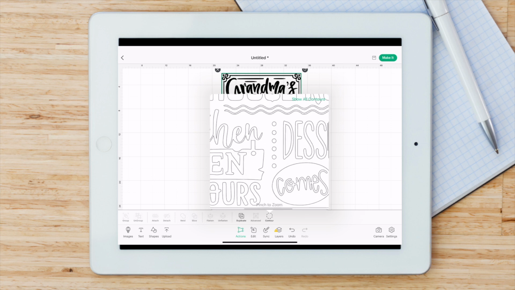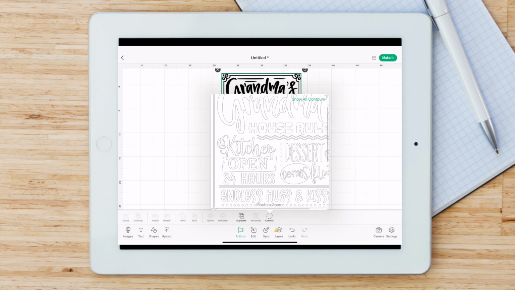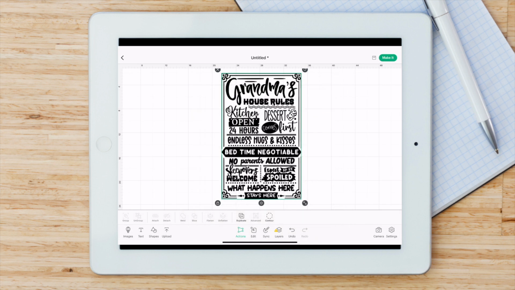What I love about Contour on your phone or tablet is you can really zoom in and touch these, and it's going to grab them right away. So it makes it super easy to contour as well. Now right down here at the bottom, you guys can see we can hit undo, and it's just going to bring those right back in for us.